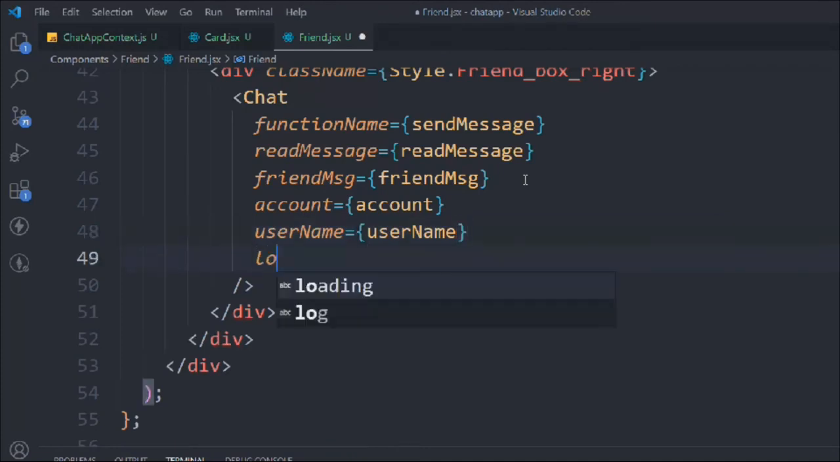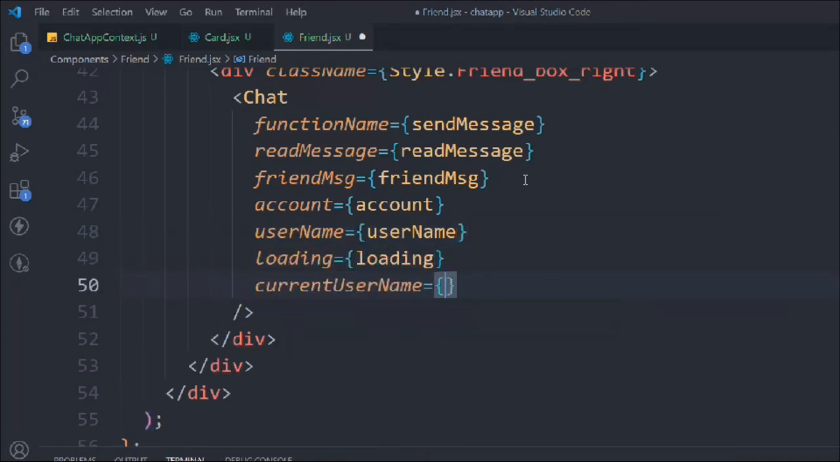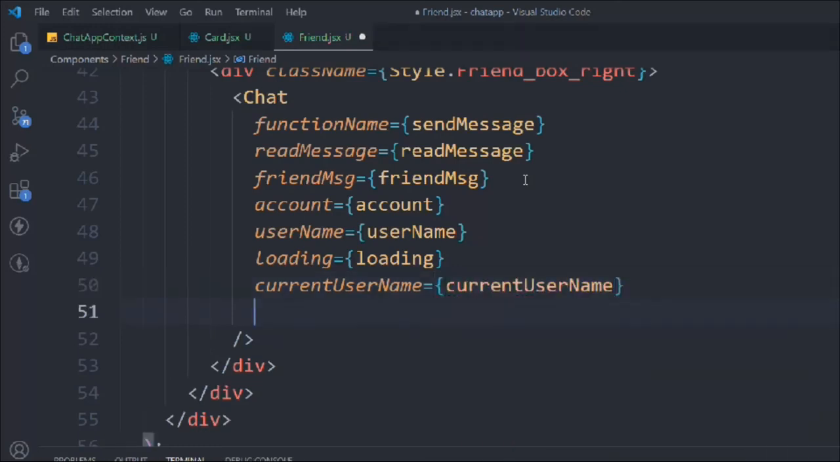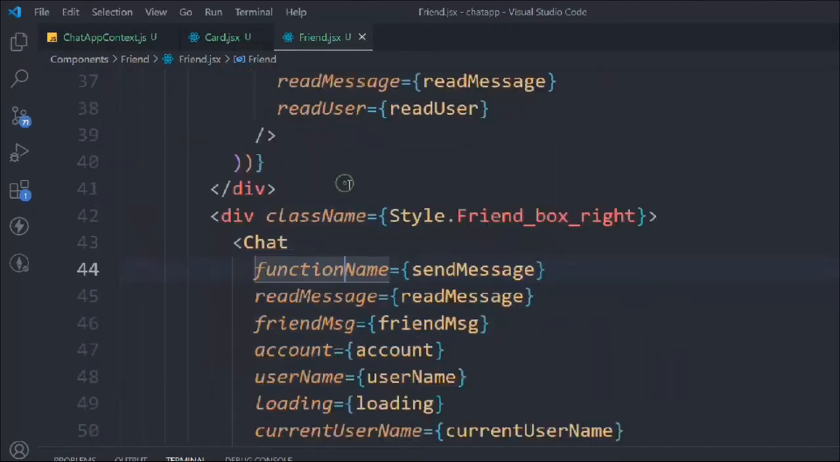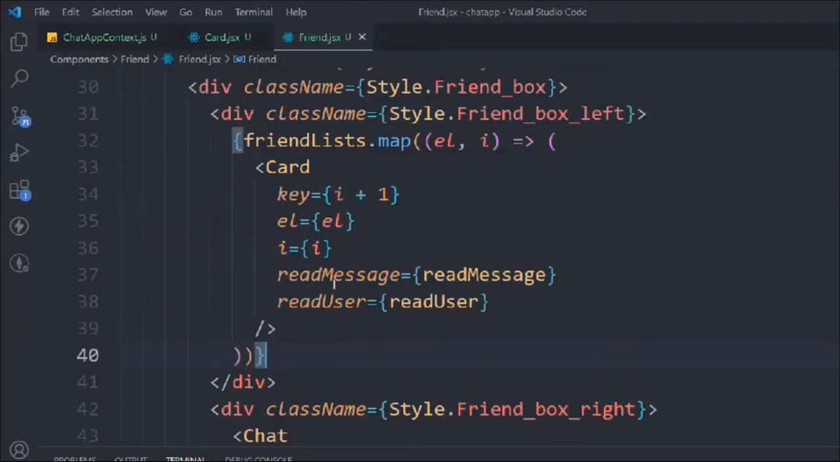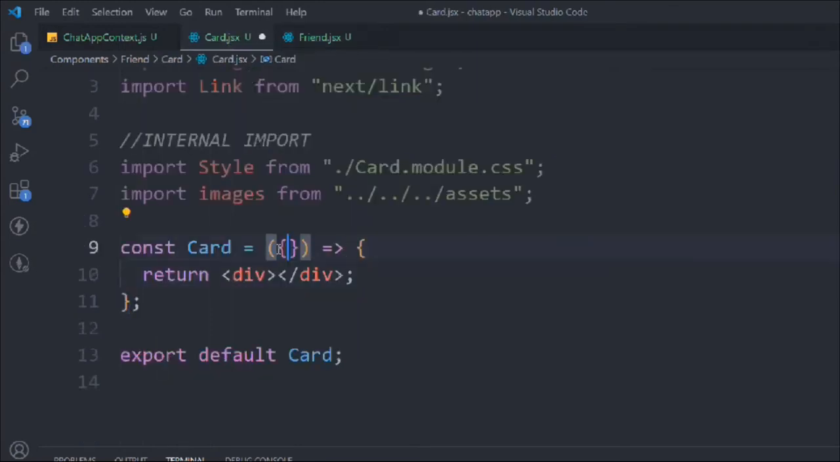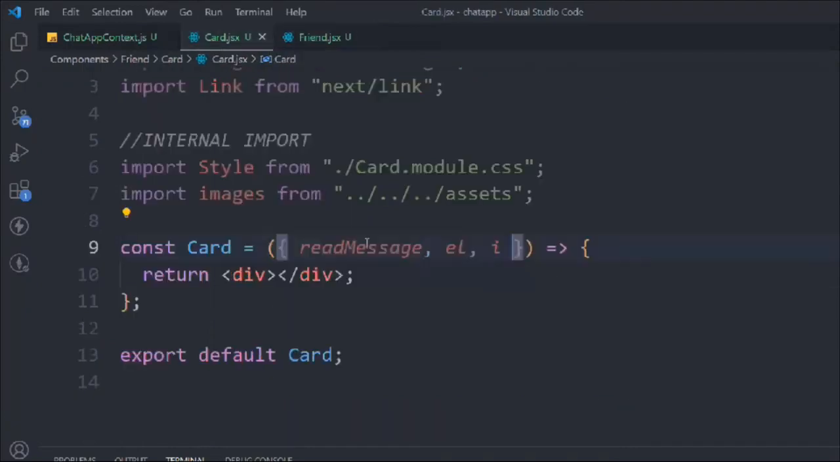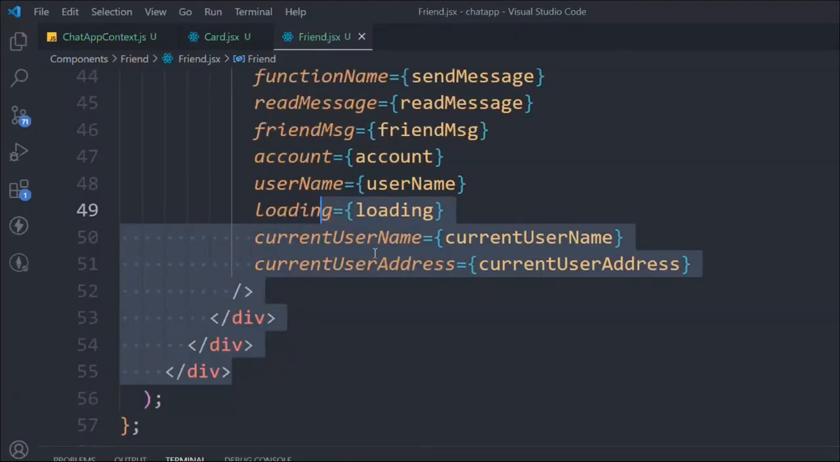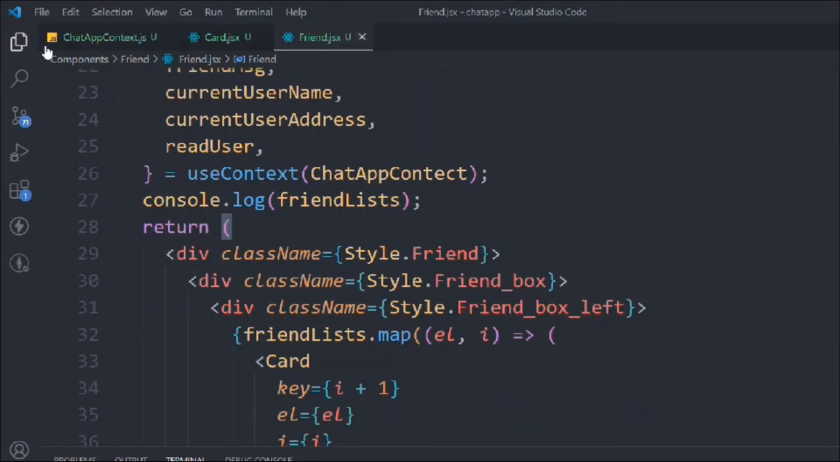Okay, we have to pass the loading state, loading, and we have to pass the current username, and we have to pass the current user address. Okay, so these are the props we're going to receive in the chat component. Okay, so that looks pretty good. So far so good. Now we can come here, and here we go to receive the props. So let's do it very quickly. Element, i, and we have to read user as well. Okay, so things are looking pretty good. Now that's the only thing we have to do here in the friend. So